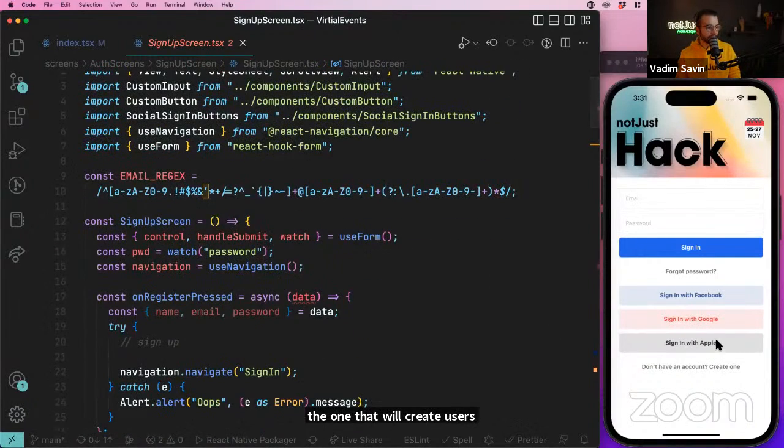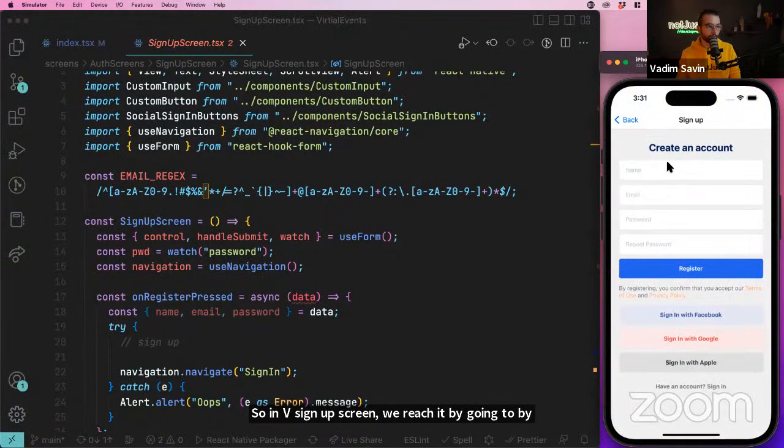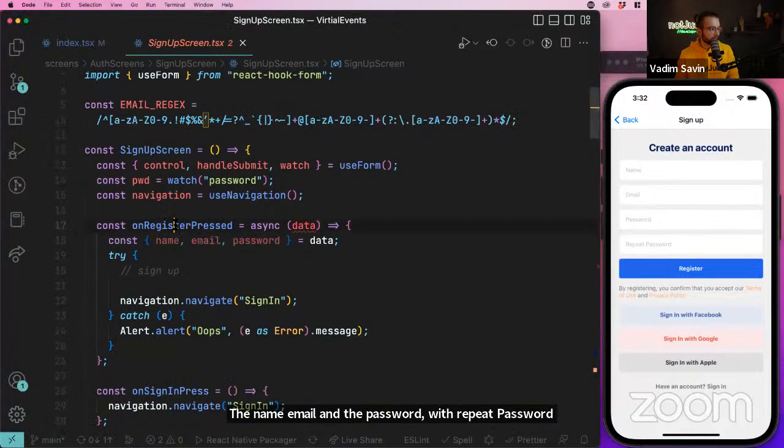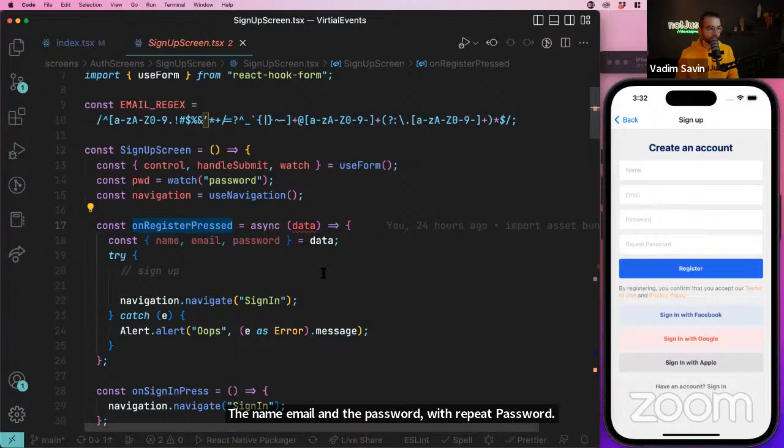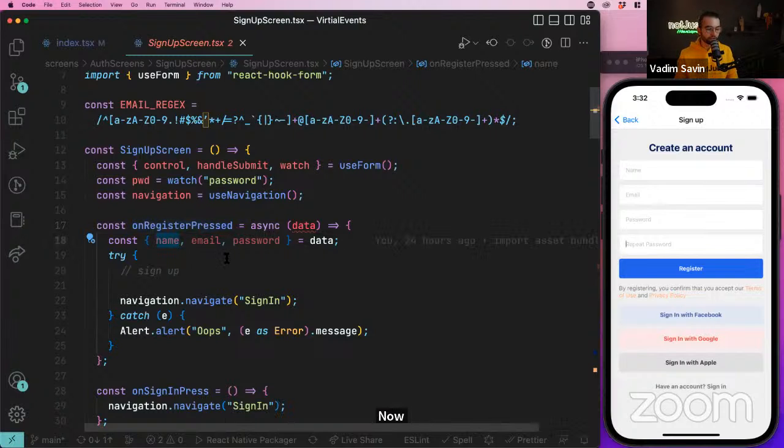So in this sign up screen, we reach it by pressing on this label, "Don't have an account, create one." If I press here, that's the screen that we have. And the form contains the name, email, and the password with repeat password. Now we get this data in the function onRegisterPress,